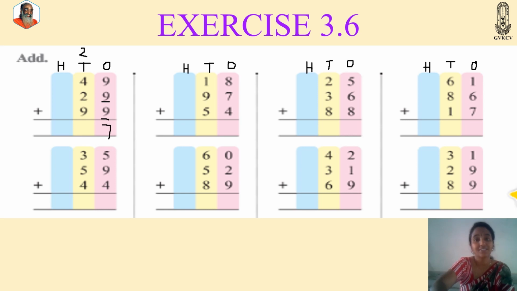Now add the digits which are in tens column. What are they? 2, 4, 2 and 9. So 2 plus 4. 4 in mind, take 2 fingers. 4 after 5 and 6. To 6 we should add this 2. 6 in mind, take 2 fingers. 6 after 7 and 8. Now keep 8 in your mind, take 9 fingers. 8 after 9, 10, 11, 12, 13, 14, 15, 16 and 17. So 100 and, okay, the one digit will go to 100. So I am writing 1 over there.